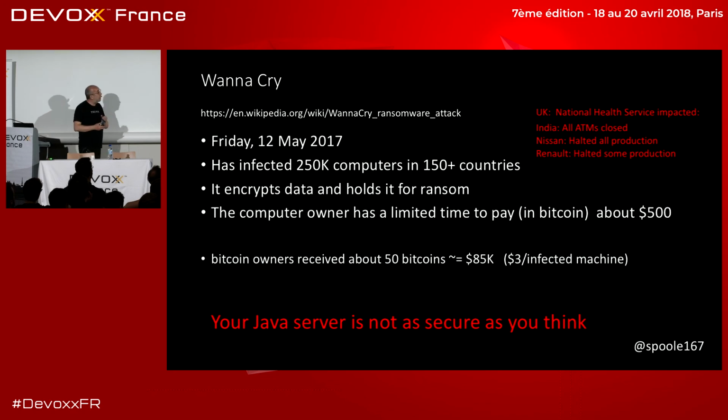The horrible thing about WannaCry is that some journalists managed to get in contact anonymously with the guys who created this, and they said, oh, we made about $500 for every machine that we compromised, or whatever it was. They went, no, it wasn't that. What was it? Oh, yeah, they made $85,000, $3 per every machine. They brought down production lines, they brought down hospitals, Renault brought down the production systems, right? You think how much damage that caused, and these guys made a minimal amount of money out of it. Okay, WannaCry got onto your system because of the payload delivery process. Your Java server is just as vulnerable.